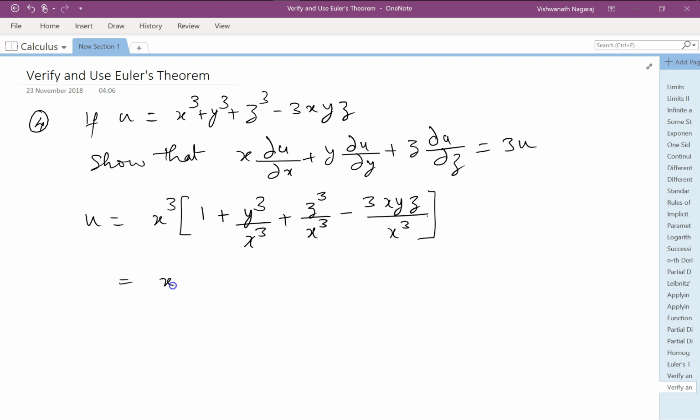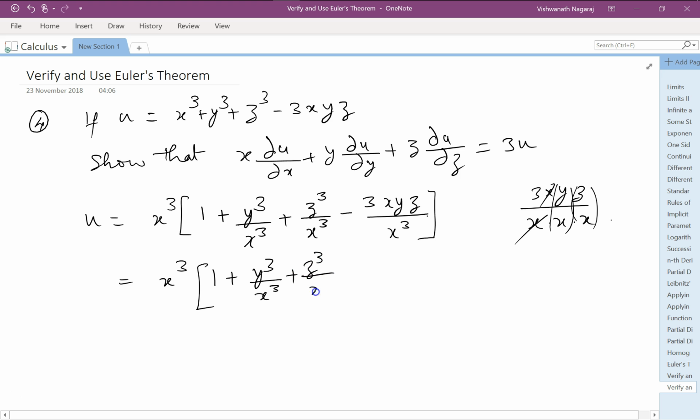Now, as far as the last term is concerned, 3xyz by x cube can be written as x times x times x. So this gets cancelled and we are left with y by x and z by x. So 1 plus y cube by x cube plus z cube by x cube minus 3 y by x times